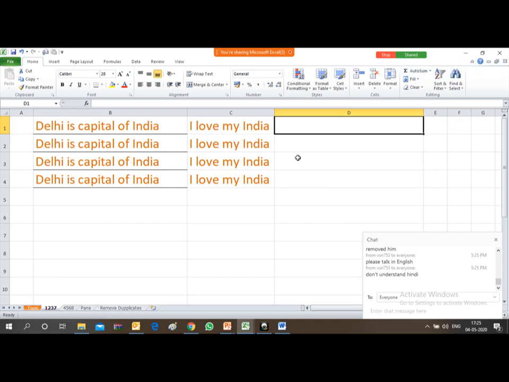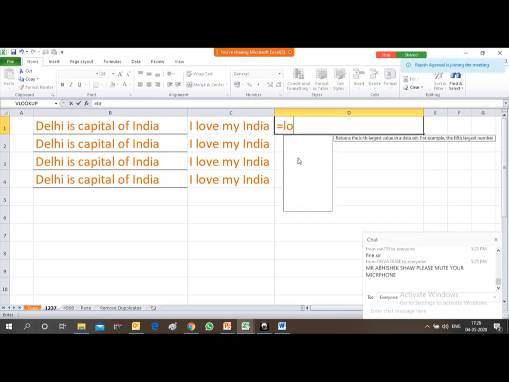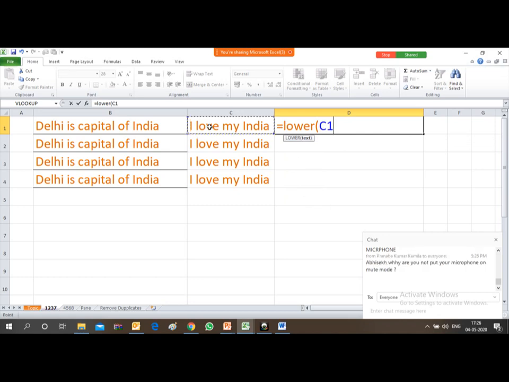So now if you want to convert this letter into a small letter, so in lower case, you have to type lower here, lower, and then start bracket, and then click on the desired cell you want to convert.